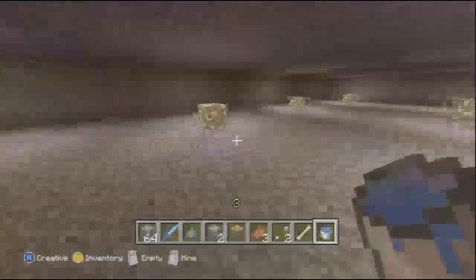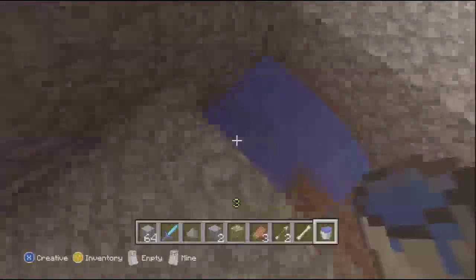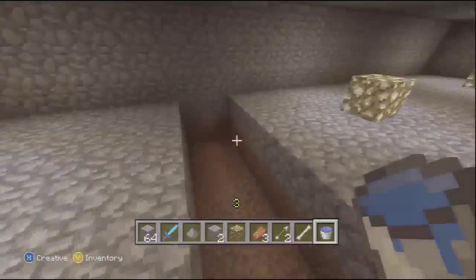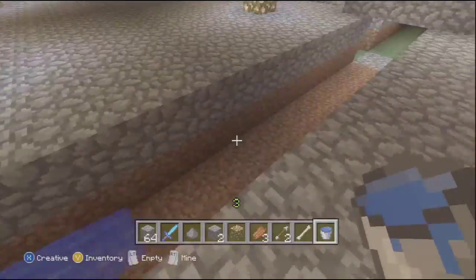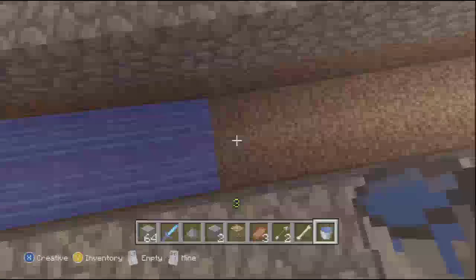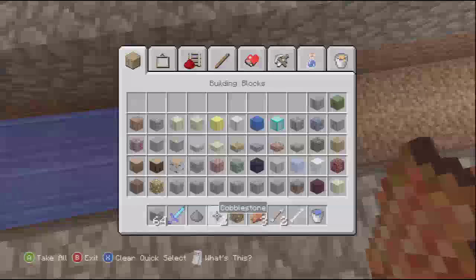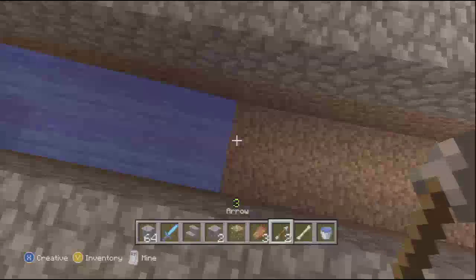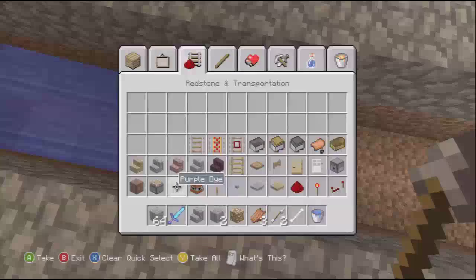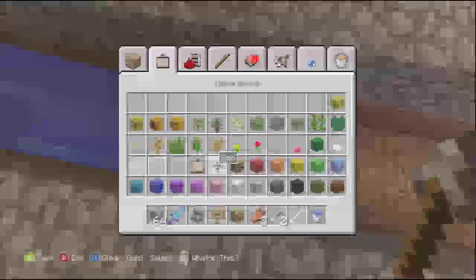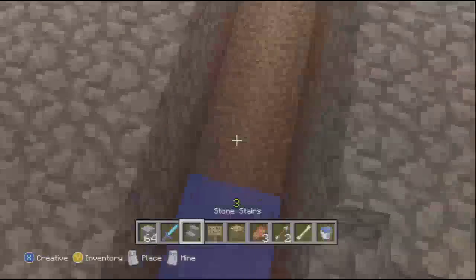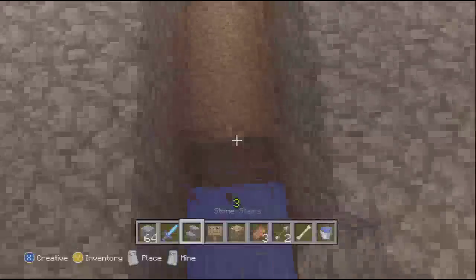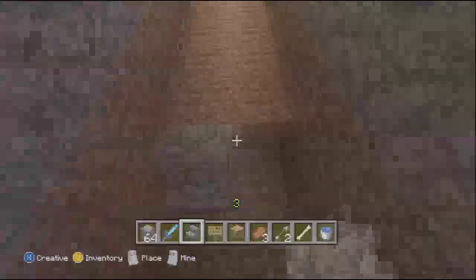And once you've done that, water will go for 8 blocks, so you wait for it to stop. And I'm going to need to get some stone and make stairs. Alright, so we have stairs now, and I need signs. Alright, so now what we do is, where the water stops, we go 2 in front, we chuck stairs in front of that, we take out that block, not those blocks, but